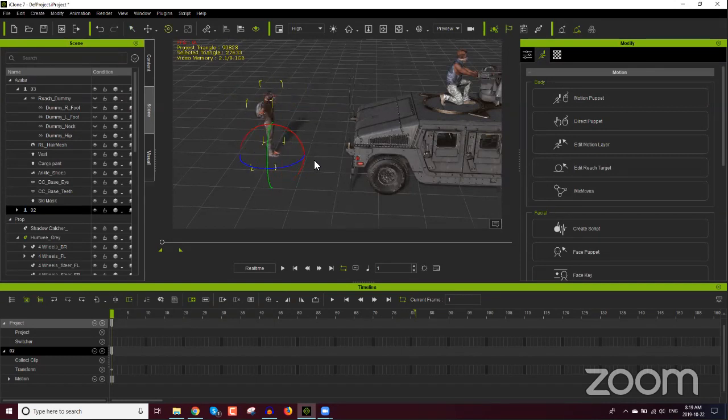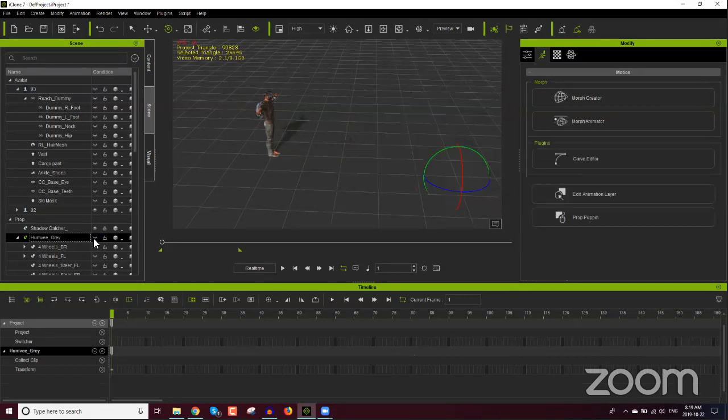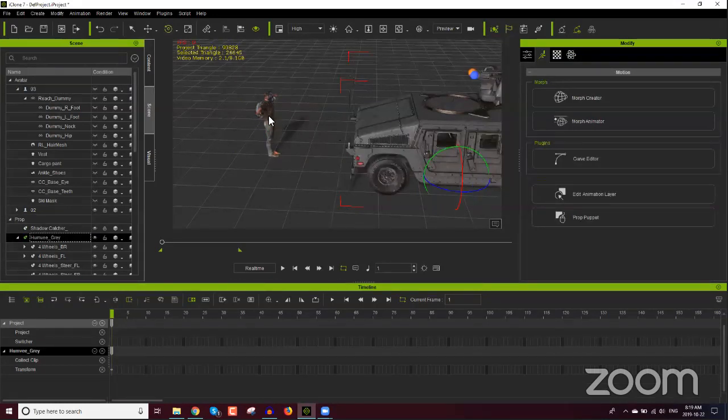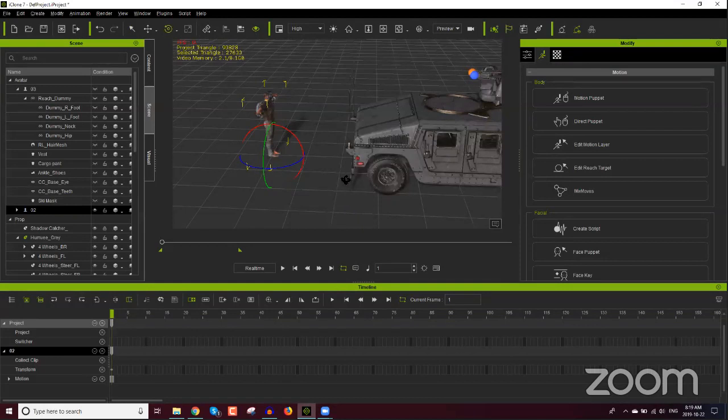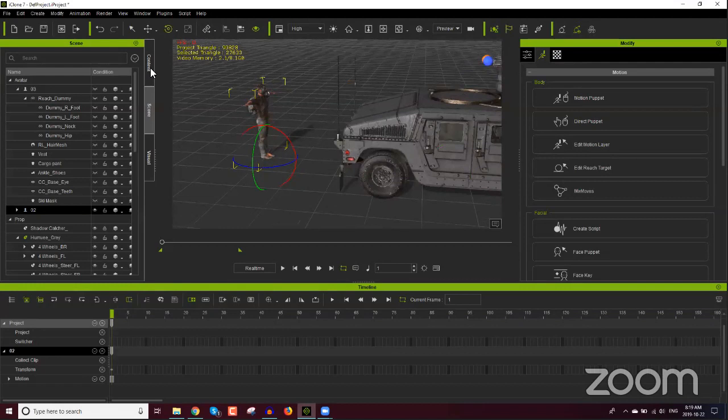So I'm going to move my character to face this direction here. We'll just kind of ignore the Humvee guy right now. We can just make that all invisible actually, just to focus on this character. Let's make all the other stuff invisible. Nope, we need to have the Humvee visible actually, because we're going to have this guy move out from behind the Humvee. Okay, so let's create a motion on this character, apply a motion to the character in the content manager,